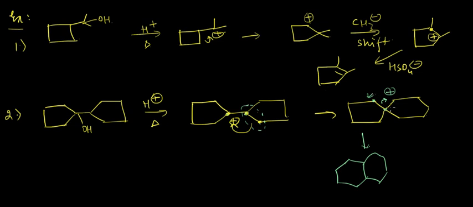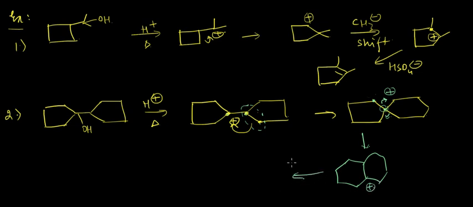Not this carbon atom, actually this carbon atom will have a negative charge after breaking, and this will have positive charge. Okay, and this carbon atom actually comes over here to have a positive charge. Okay,